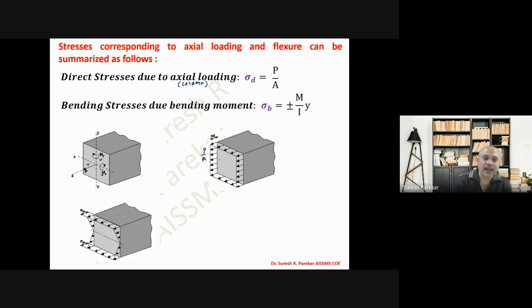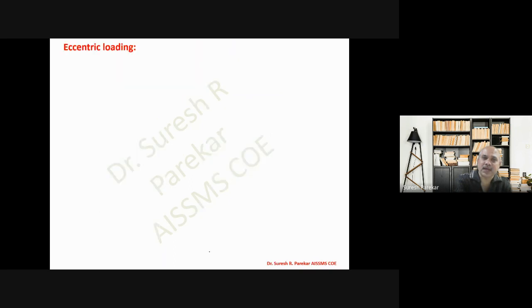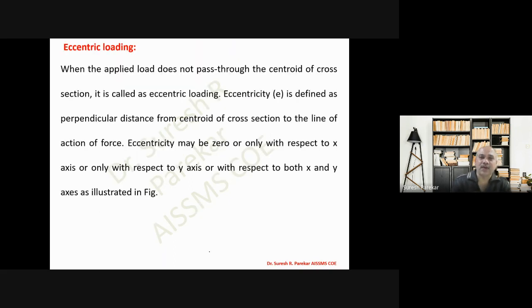Then we have due to Mx. So now we have bending about x-axis. So you can see your stresses are in this fashion. Now if we have eccentricity at top, then we are going to have bending stresses accordingly. So you can see you are going to get bending stresses along this span. So these are the bending stresses. Then we have about y-axis. So about y-axis, now you can see we have these bending stresses. So moment is about x-axis, then we have bending stress about x. And if about y, then we have about y.